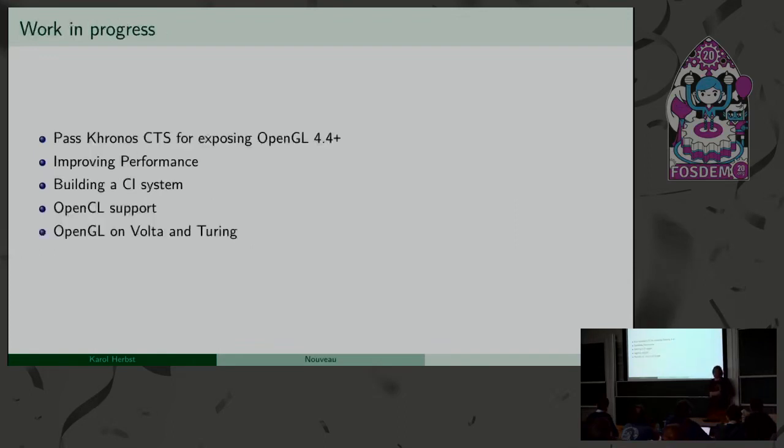Some stuff we are currently working on, and most likely the biggest thing, is getting OpenGL 4.4 and 4.5 ready. There's a requirement to pass the official Khronos conformance test suite. I think on some GPUs we are at the stage where we pass every test,